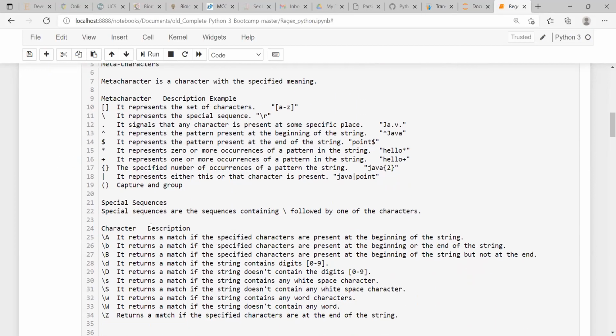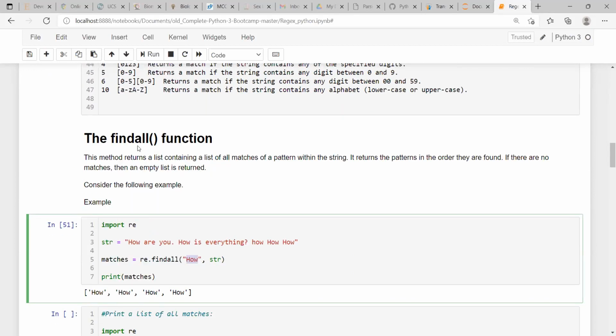But in findall, as the name suggests, all the substrings or all the patterns are collected in a list. So that is the advantage of findall over the search function.